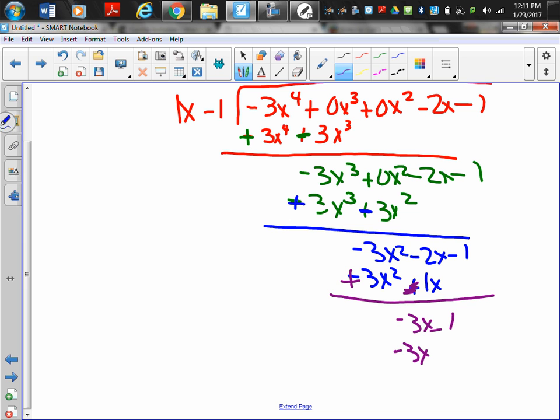Negative 3 times negative 1 is positive 3. You have to do the opposite. So that makes that positive. That becomes negative. Negative 4. I cannot do any more because I'm done. So your answer is,